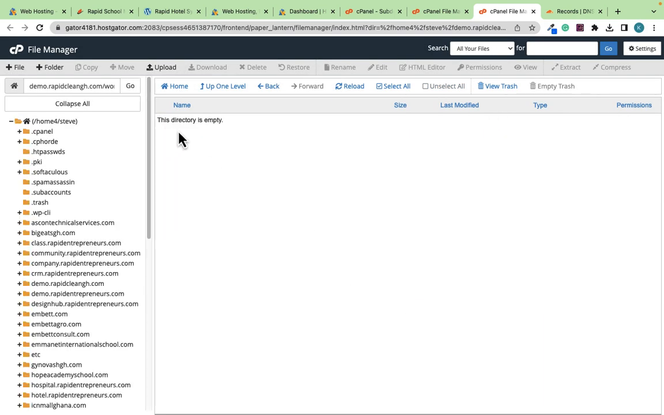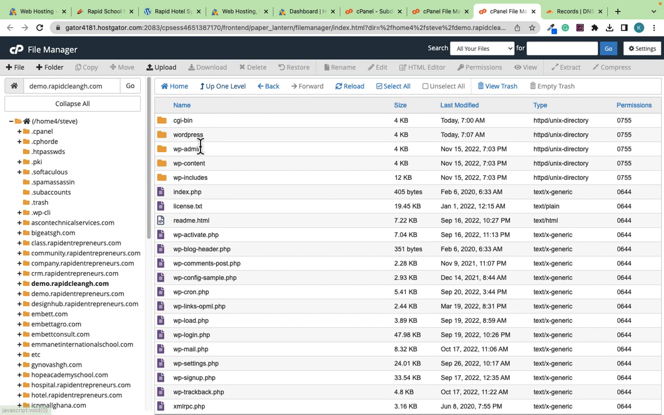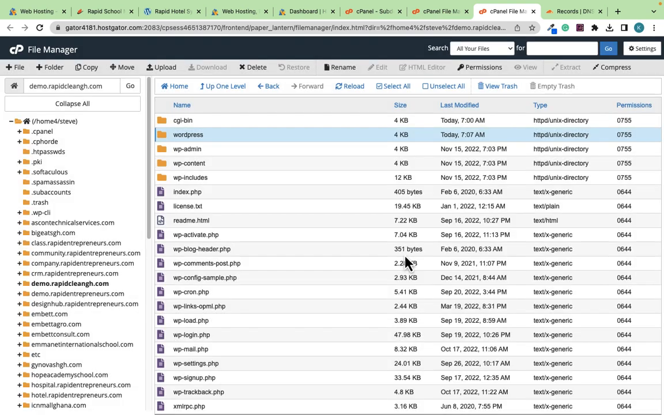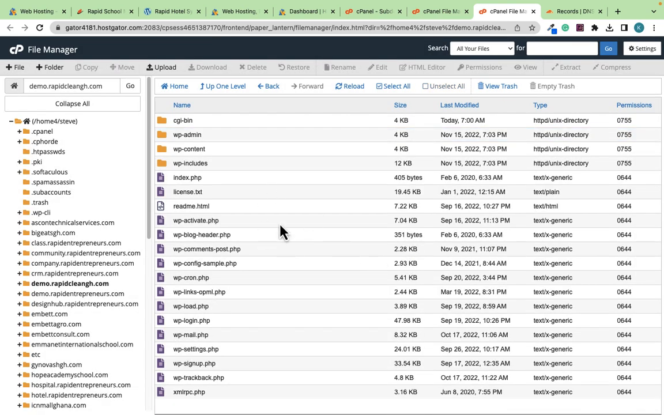Now you see the WordPress folder is empty. You can move up one level. If you move up one level, it is going to bring you to the main directory area. So just click on the WordPress and delete it, because this is the empty WordPress. We are going to delete it as well. Click on delete. You can skip trash so that you confirm. So now we have successfully installed WordPress on our subdomain